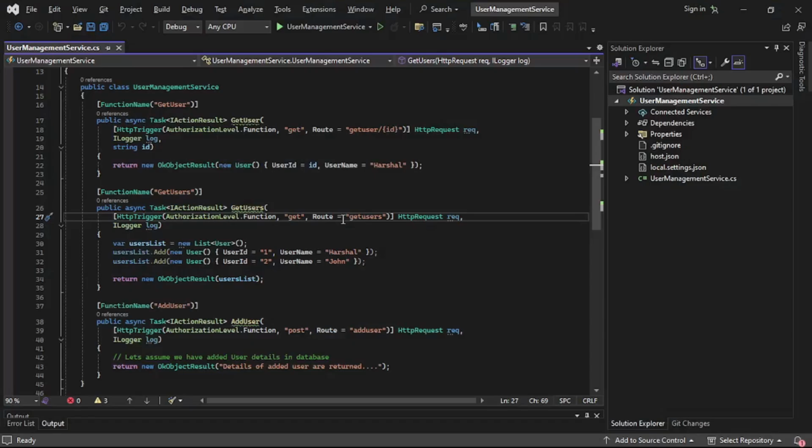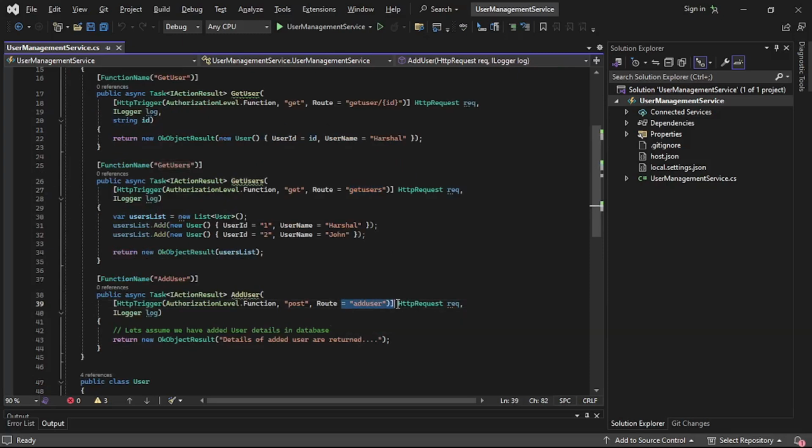Now we are in Visual Studio. I have created this user management service. So again guys, the technology in which it's been developed does not matter. And here if you observe, we have three APIs, that is get user, get users, and then this add user. Okay, and if you see, we have not added any logic over here, we are simply returning hard coded data